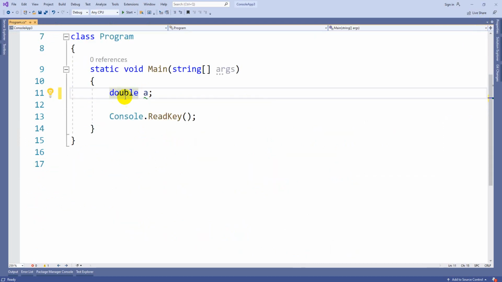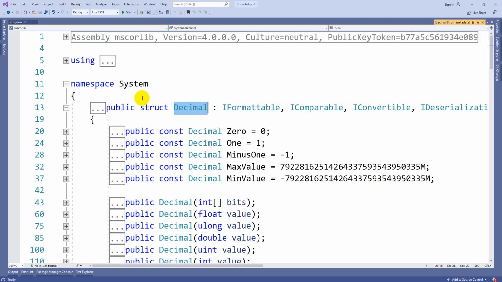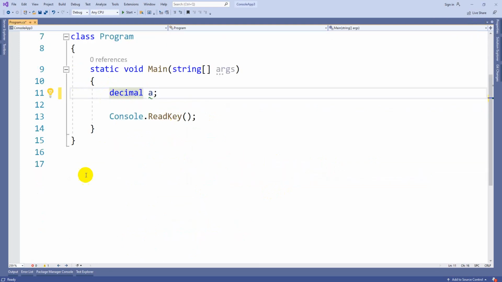So this is what the single and double classes, I mean float and double. There is a class called decimal also. Decimal will refer to the class capital D Decimal. It has a minimum range similar to long, and a maximum value like this. You can store decimal values by using this decimal data type.